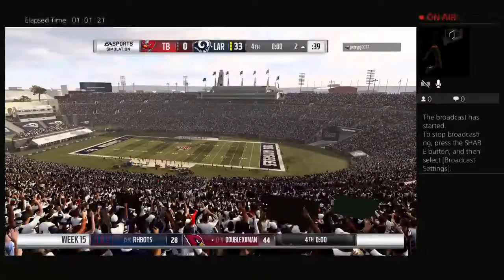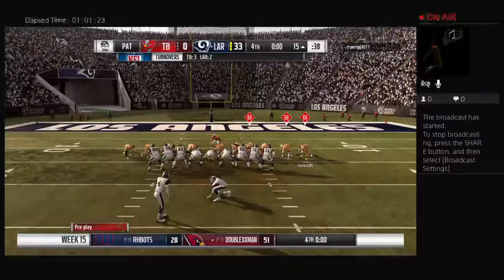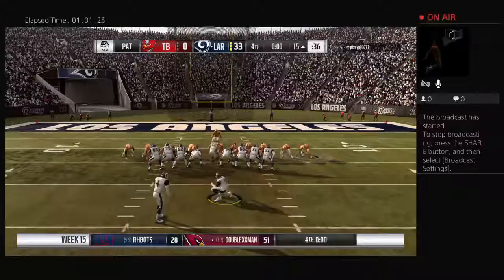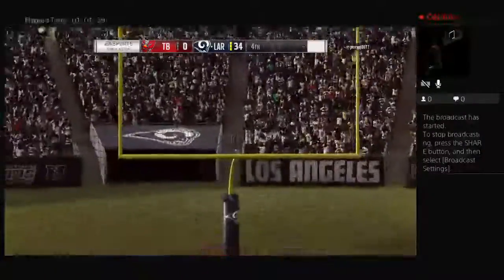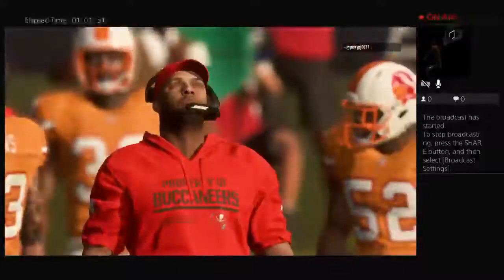That's the story of the game. They've been suffocating all game long on defense. They were suffocating there again in a big way. And they've done it not just by out-athleting them, which is often the case, but by being able to